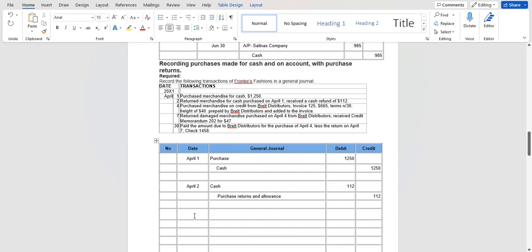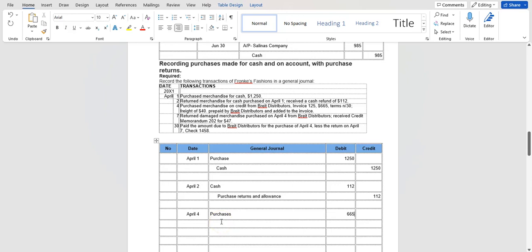Next, on April 4th, we purchased merchandise on credit. Okay, on credit and on account means we received an invoice. Okay, so we're going to have to create a liability with this journal entry. All right, so we're going to go and debit our purchases